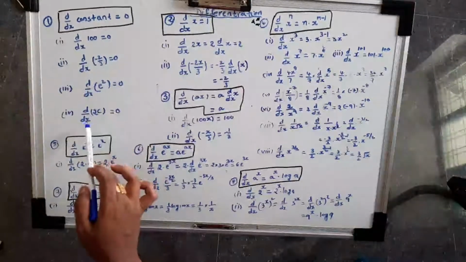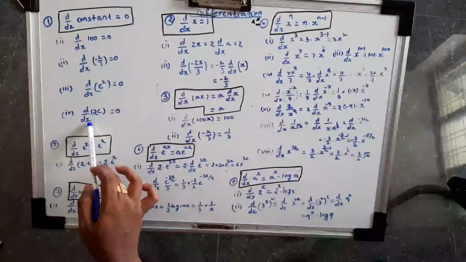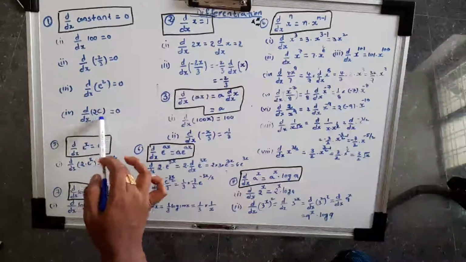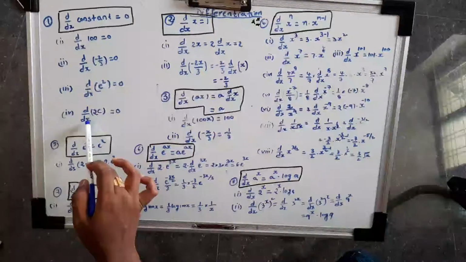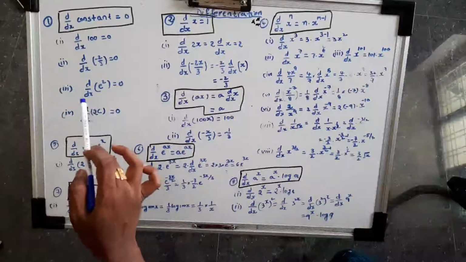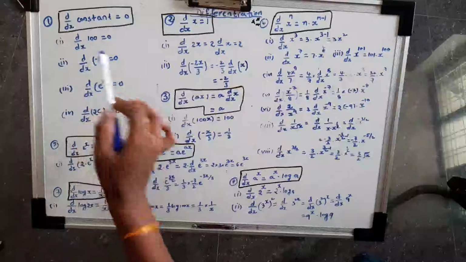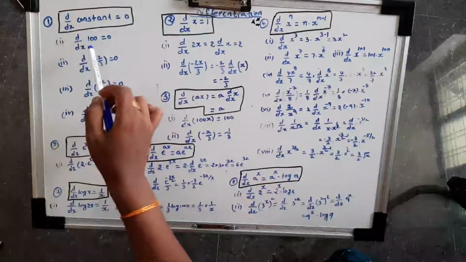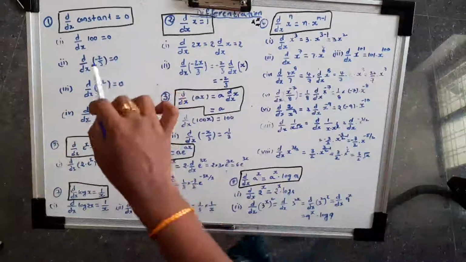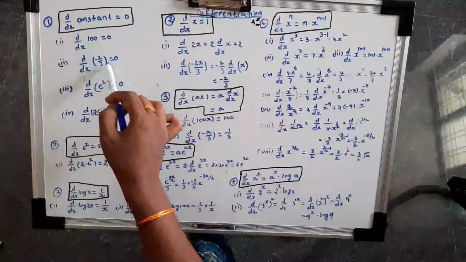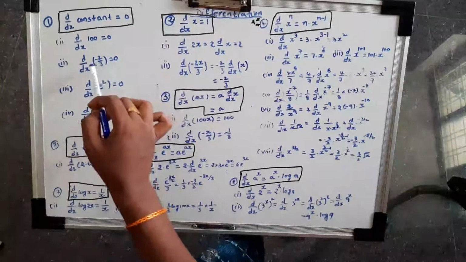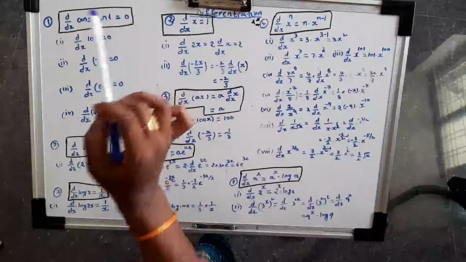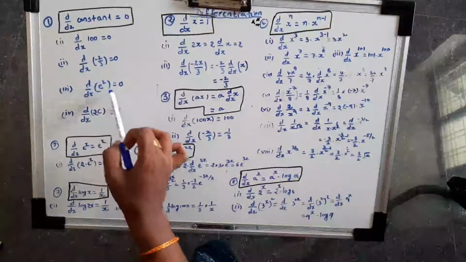And one more thing: we are doing the derivation with respect to x. If the term we have to differentiate does not contain x, then that is also a constant term. So you have to understand which one is the constant. A number is a constant, and the derivation of a constant is 0. The derivation of minus 2 over 3: here no variable is there, so we are not differentiating any variable, it is just a constant, that is why 0. e square is also a constant.